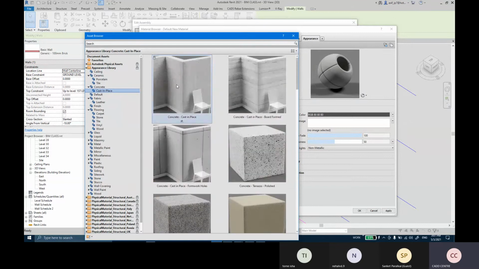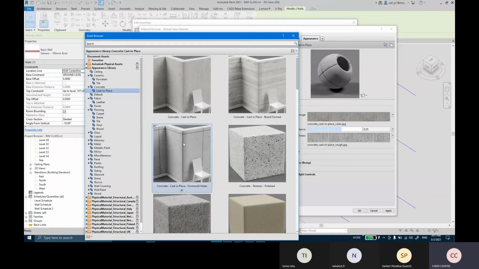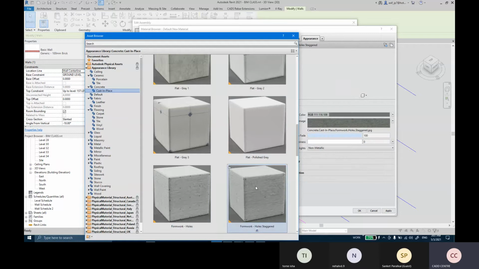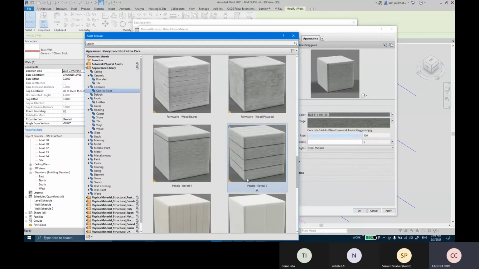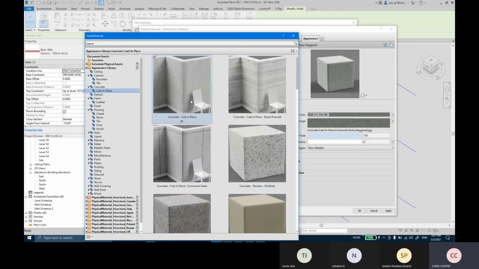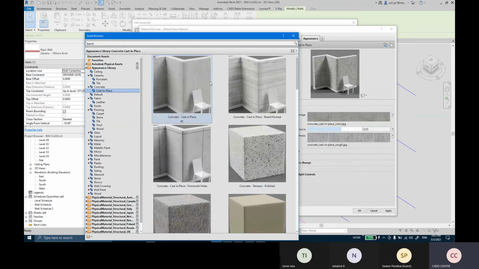And we can apply whichever material we want. So if I want to apply this material, I can double click it and वो मेरे लाइब्रेरी में ऐड हो जाएगा। अगर ये फॉर्म होल वाला चाहिए तो इस पर डबल क्लिक करके तो फॉर्म होल वाला आ जाएगा बेसिकली उधर। Okay, whichever type you wanted to use, just double tap on it. Take this concrete cast in place. So this is the material that I needed. So I've applied it. Now I can close this asset browser.